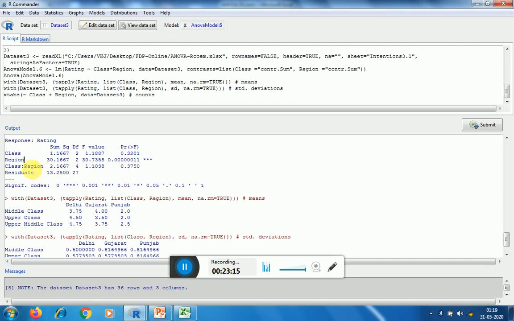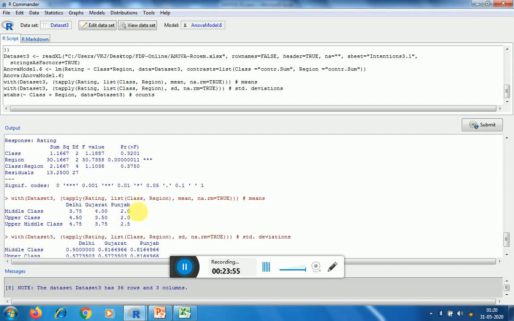And then if we see the interaction effect between the class and region, then there does not exist any interaction effect as this value is much greater than 0.05. That means we can infer on the basis of this that between the regions the means are significantly different from each other. So this is how we can perform the analysis of variance for factorial design as well, wherein we are interested in also analyzing the interaction effect between the variables.